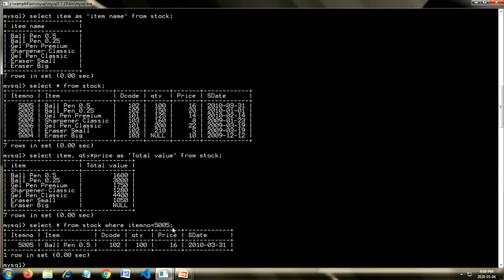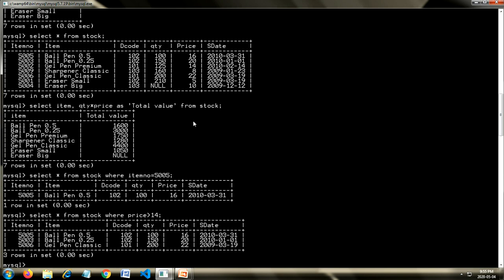Suppose I want to see the records of those items where the price is more than 14. I'll write select star from stock where price, and the condition is greater than 14. If you want to include 14, then use greater than or equal to. If you do not want to, simply write greater than 14.